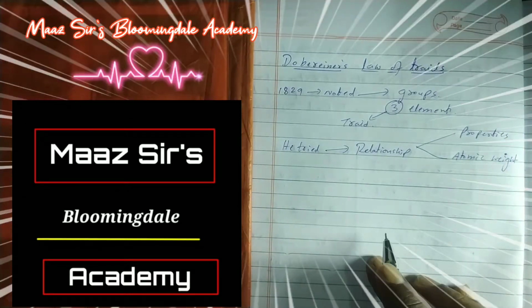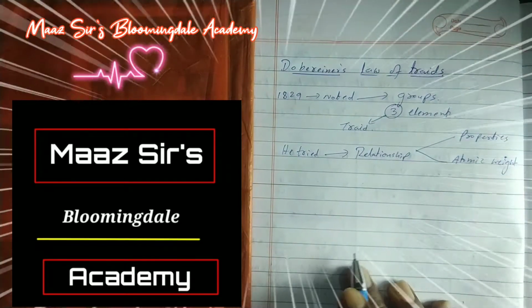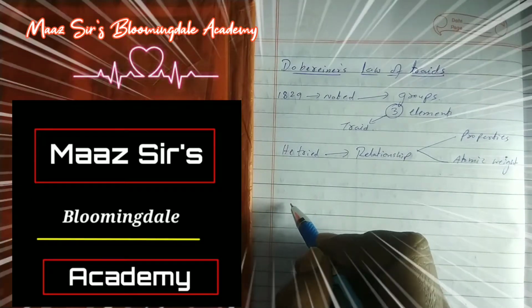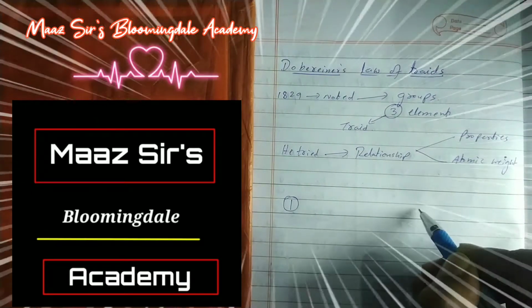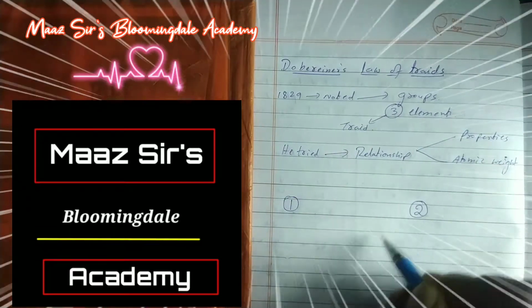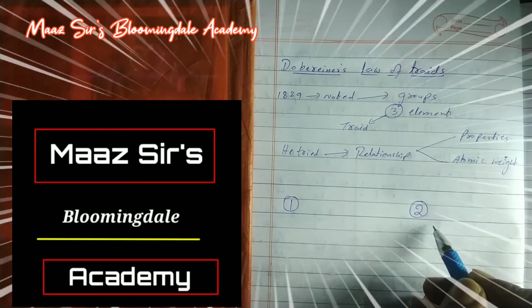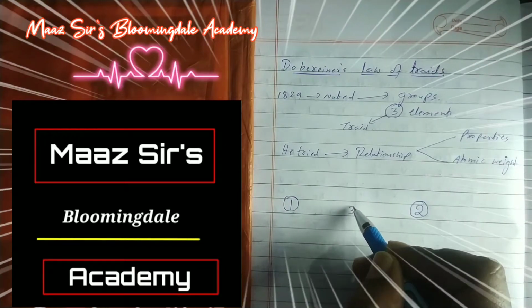So this was the attempt done by Dobereiner. Basically, for example, this is the first element and this is the second element. He arranged them according to the weight. So to get the middle element,